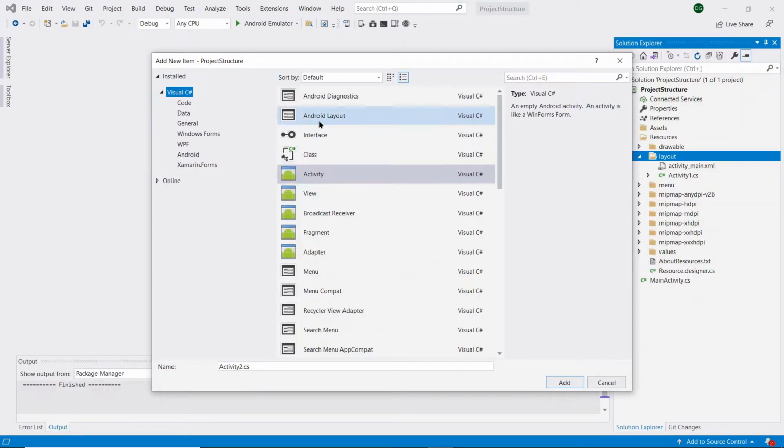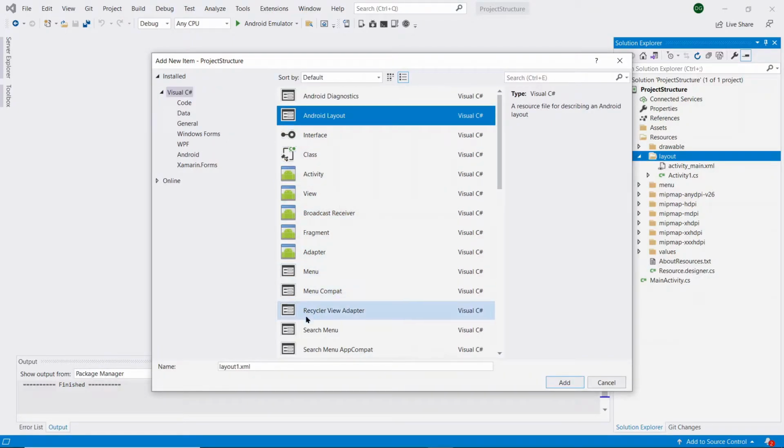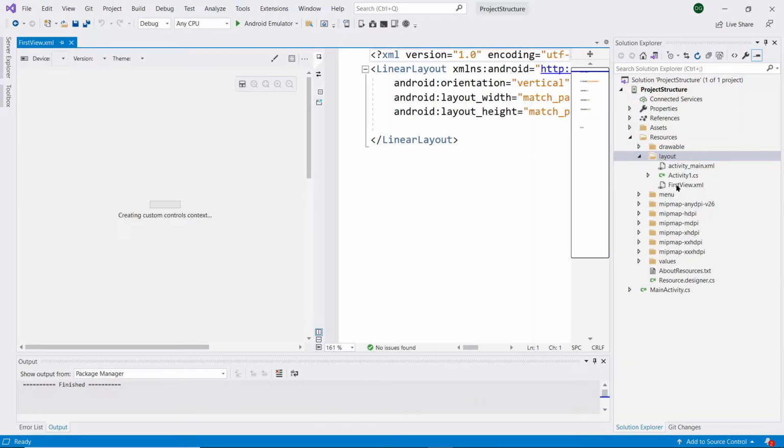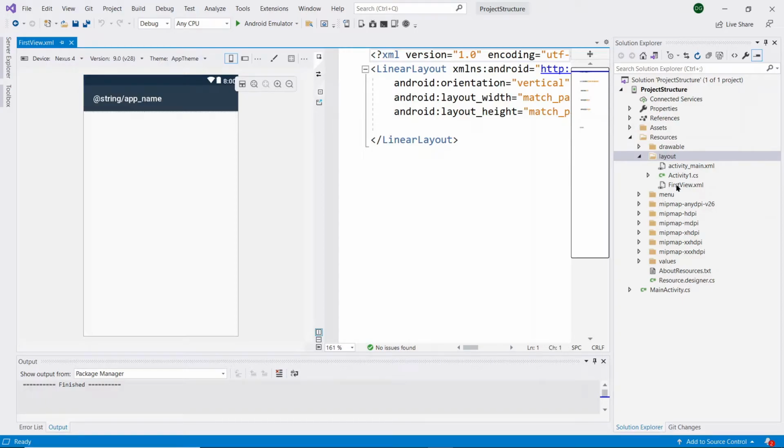Here you need to select the Android layout and give the name of your layout, and click on add. Here you can see that our XML file is created successfully inside the layout folder. So this is the process of creating XML files inside Xamarin Android. These XML files are used for designing the UI screen of the application.